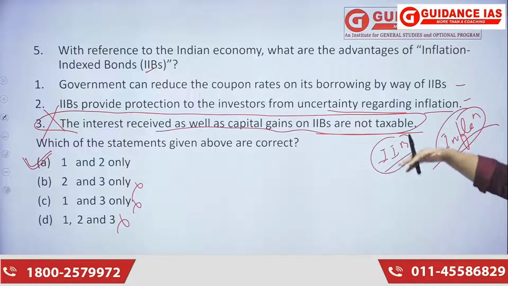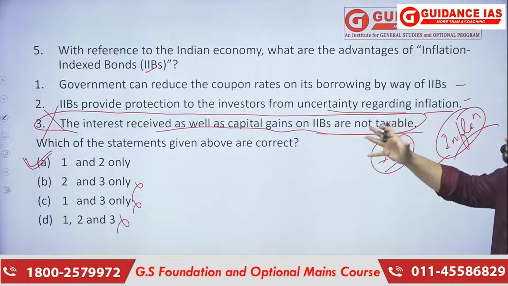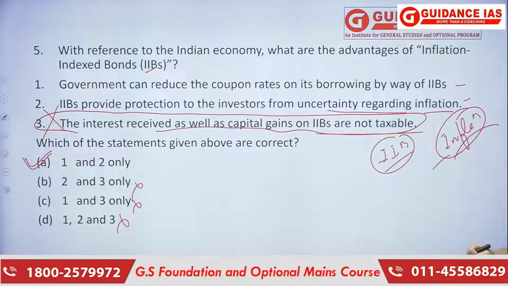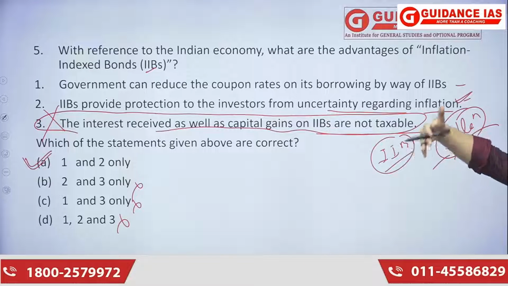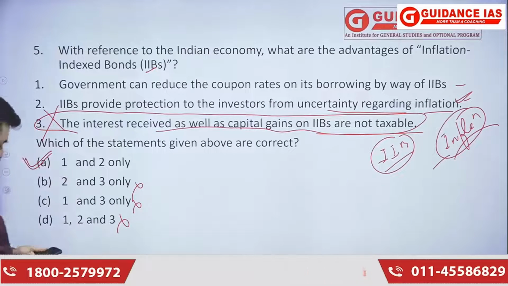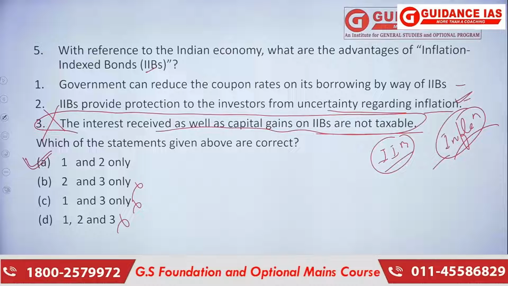Okay, so the very structuring of IIB is such that it helps the government to reduce coupon rates. Okay, and the second statement is very much correct, because IIBs provide protection to investors from uncertainty, and that is actually the sole purpose of this particular financial asset. Okay,